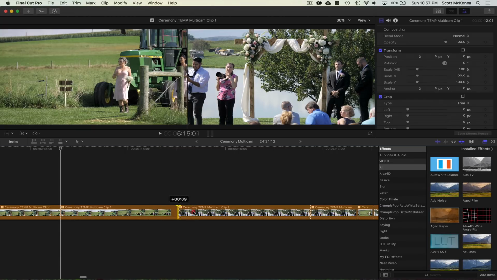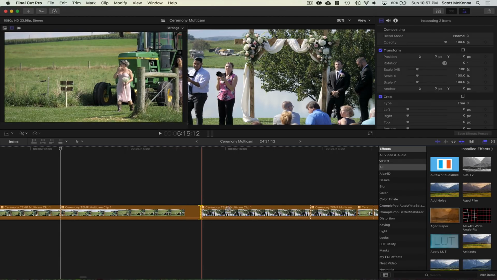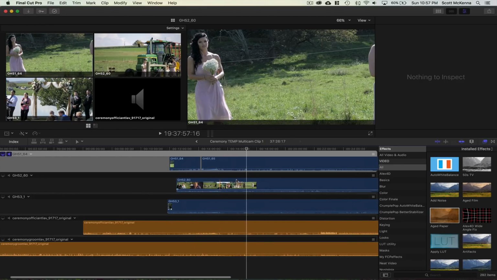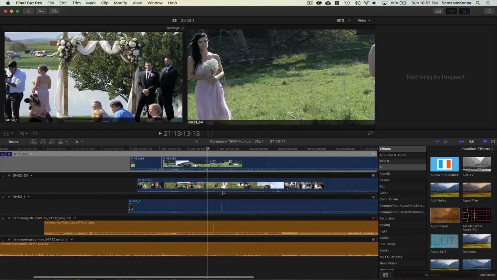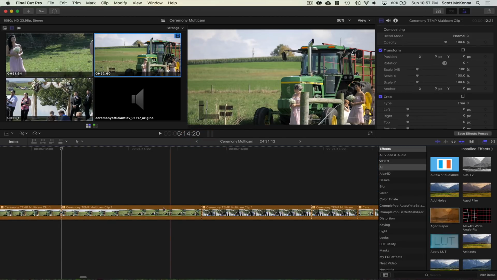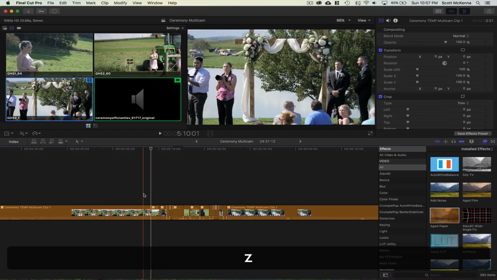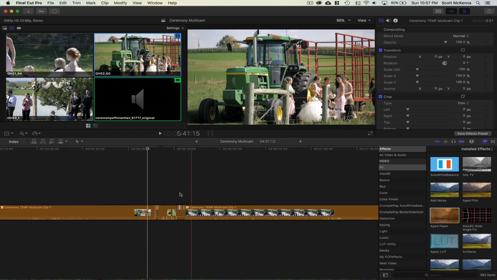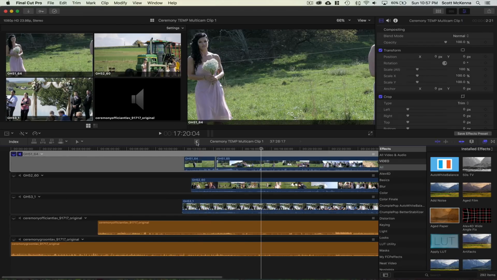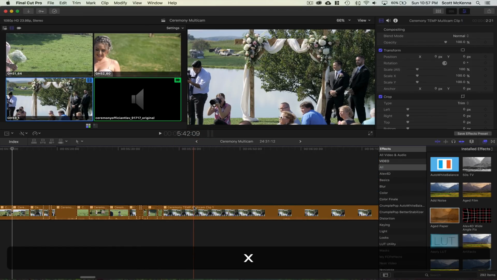You can always click between them and scrub around and do anything you want to them. You can always refine as much as you want. And double clicking will take you into this mode where you can tweak things, work on audio, do whatever you want. Just click on this little arrow right here to go back to the multicam view. You'll always know you're in multicam view because you should only see one thing in your timeline. If you're ever seeing this view, you obviously know you're not in multicam because it all is conveniently located.